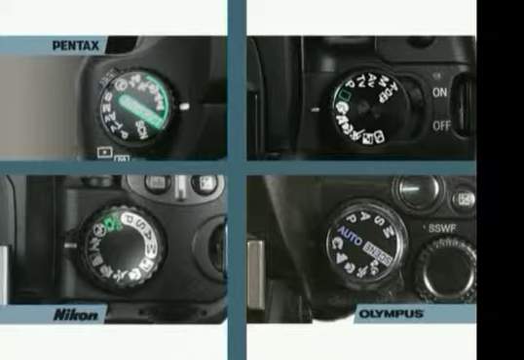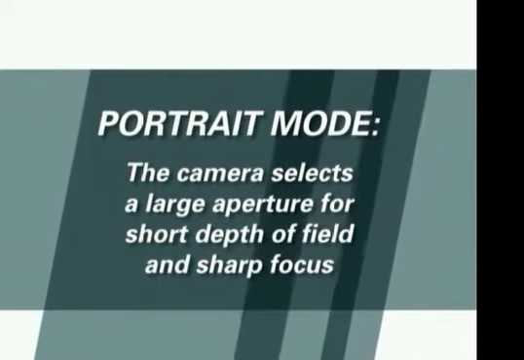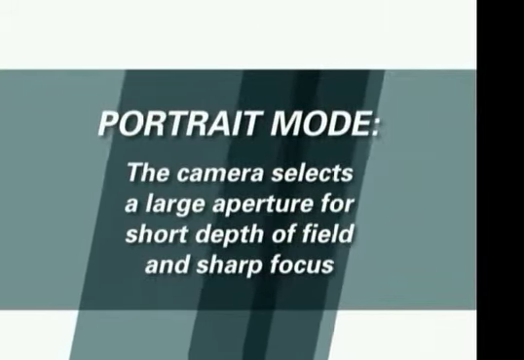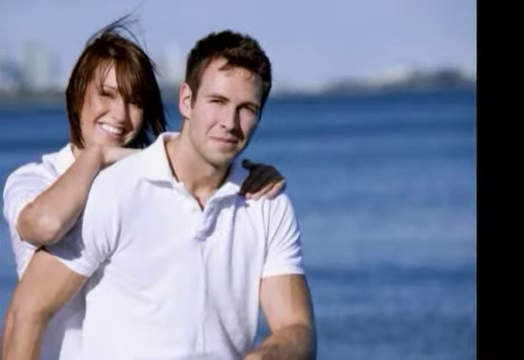Another automatic mode on the mode dial is portrait mode. This is usually represented by a side silhouette icon. In portrait mode, the camera selects a large aperture, small f-stop, which will cause a sharp focus on your selected subject while leaving the background blurred. This type of picture is considered a short depth of field picture because there are parts of the picture that